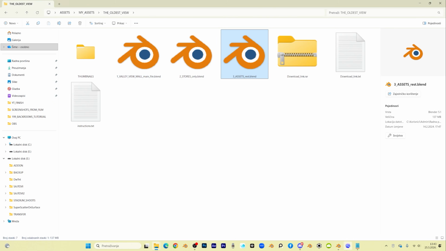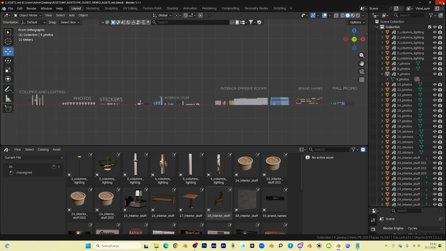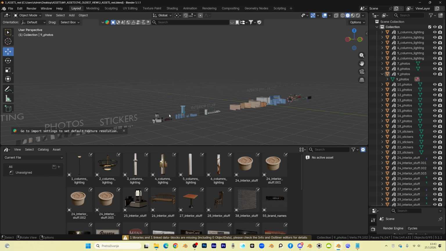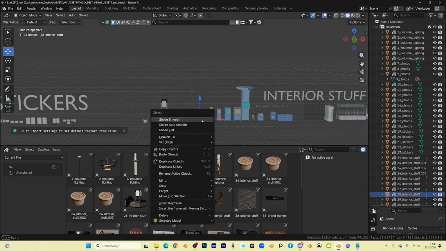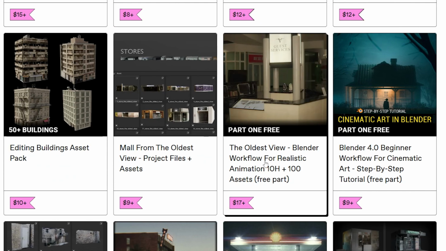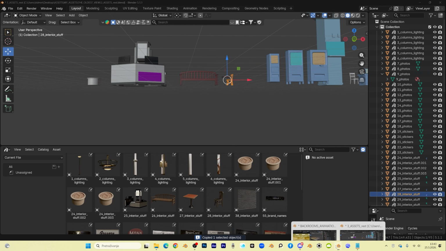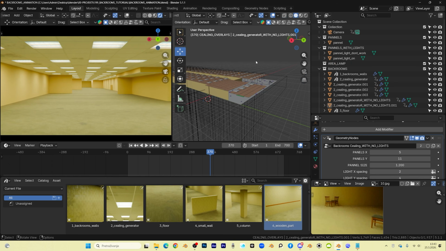But let's now open this assets rest. And here we have a chair which I modeled. Okay, I think this one. And I also recorded a tutorial on how I modeled this chair. If you want, you can find that tutorial too. Let's now go with